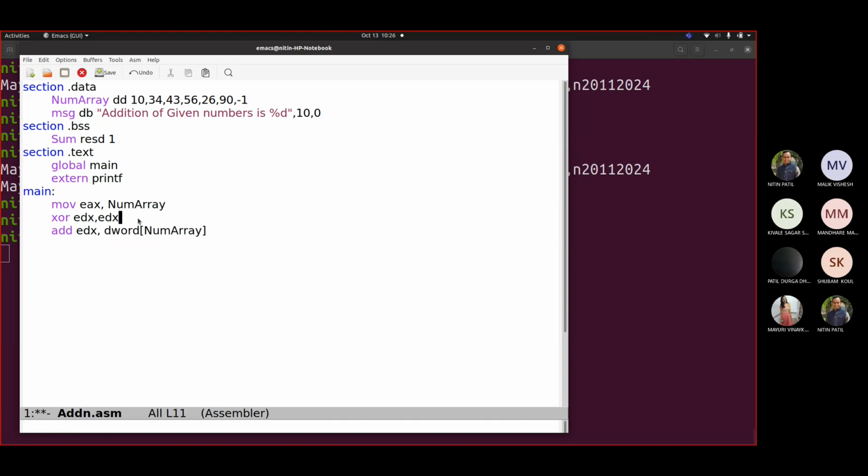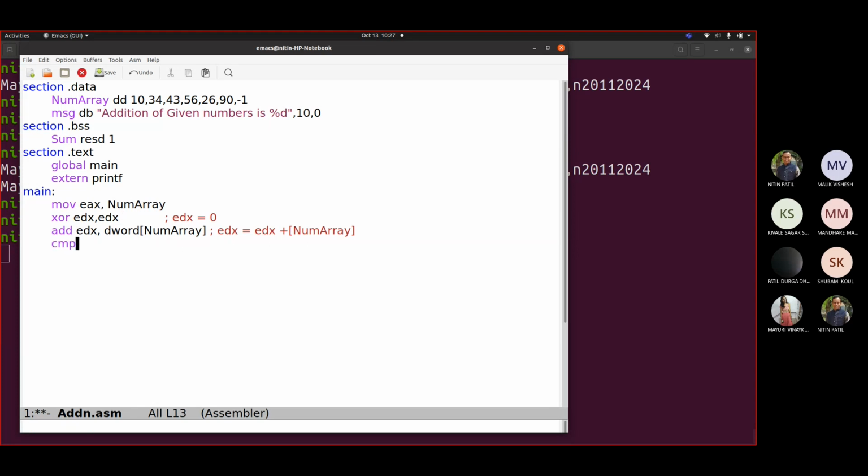So xor edx is similar to edx equal to 0. And this means edx equal to edx plus num array of 1. Correct. Now the first element we are going to pick. So ultimately, from an array perspective, we do talk about 0. So in this case, if at all we have to write this, we have to write it like this. So value at this address, like a pointer thing that you use in C language, star and num array kind of stuff. Correct. So edx plus num array.